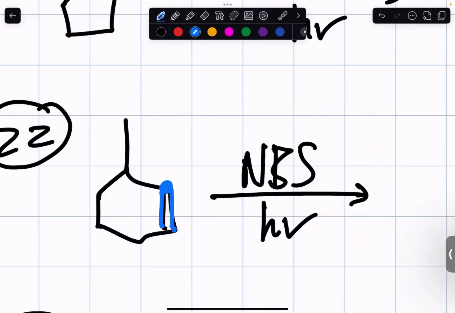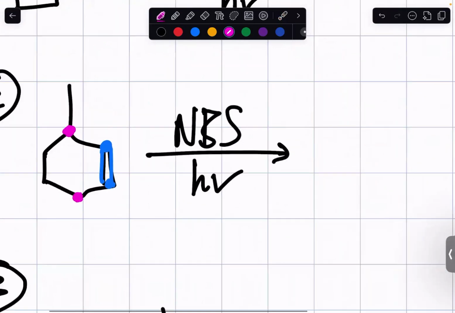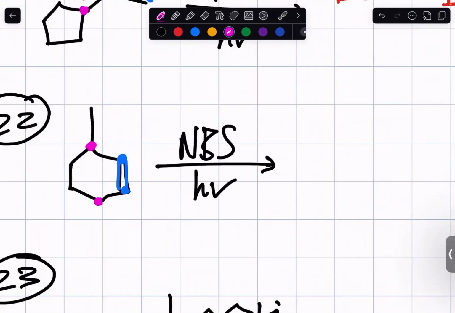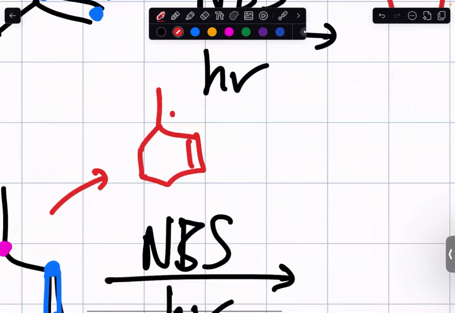These are the vinylic carbons. These are the allylic carbons, the pink ones, right? Then in the intermediate, we know that we want to form an allylic radical intermediate. But there's two allylic positions, here and here. The top one is more stable, so I'm going to put the radical at the more stable position right there, right? And now I could do resonance and get the other resonance structure